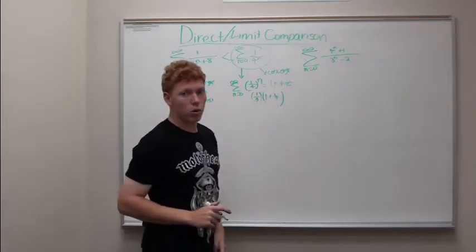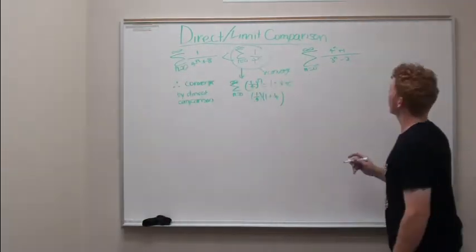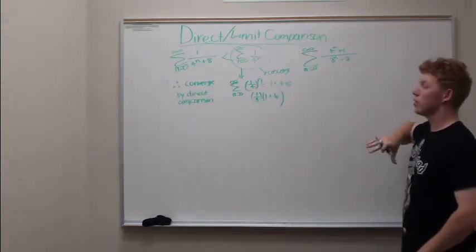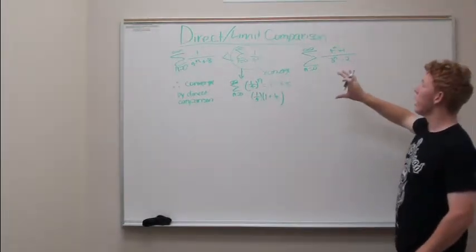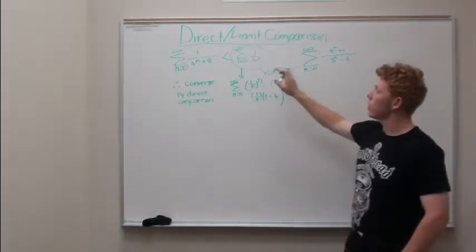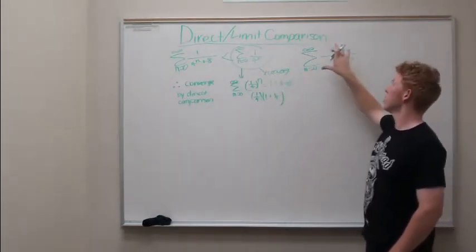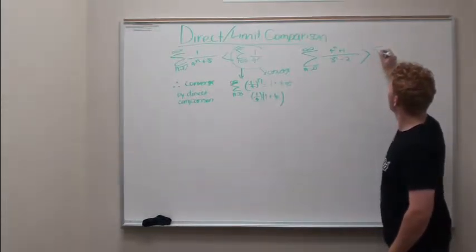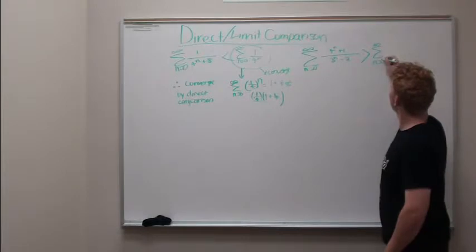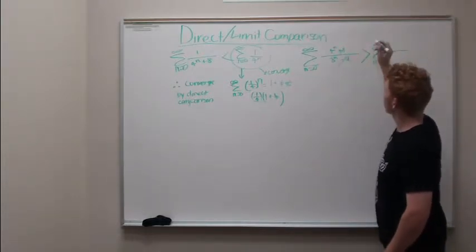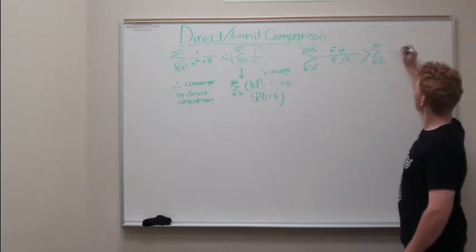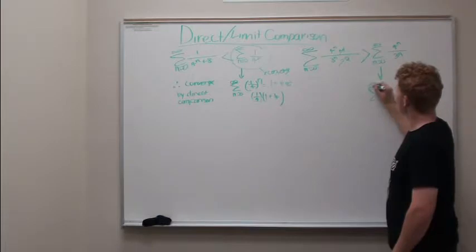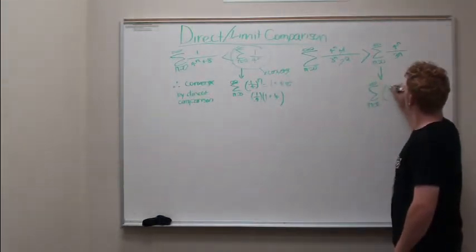Alright, let's move on to this problem over here. Now, in this case, see if we can test the divergence, since this one appears to be a lot different than this one due to the fact that the greater n value is in the numerator as opposed to the denominator. So, testing this, try to get rid of the coefficients to avoid any confusion. It would be 4 to the n over 3 to the n, which is very similar, actually the exact same thing as I said before, to the series